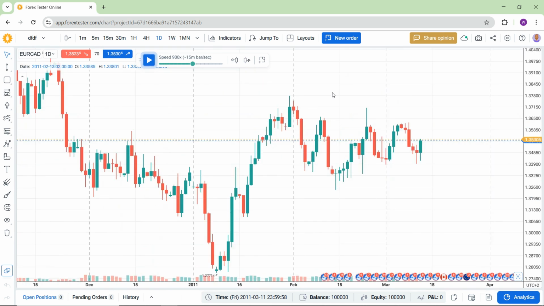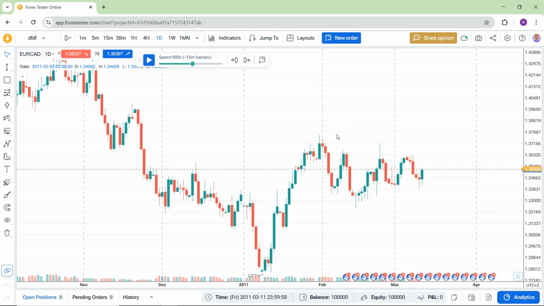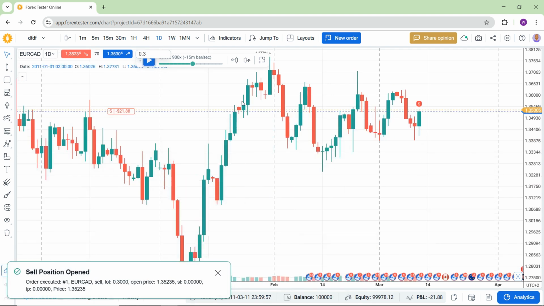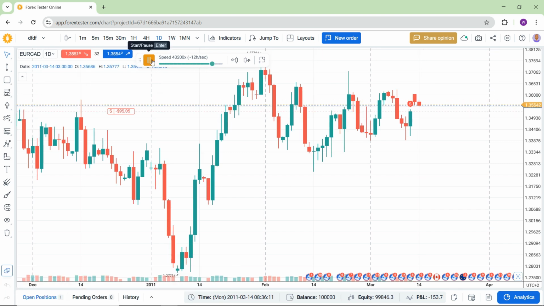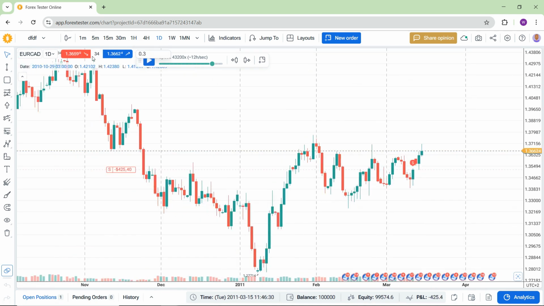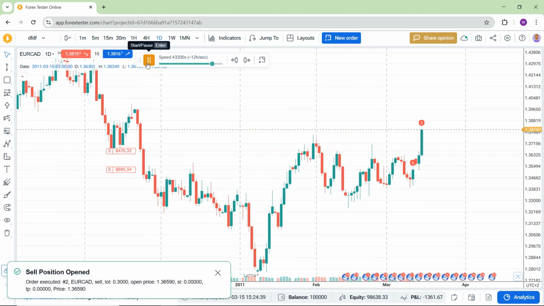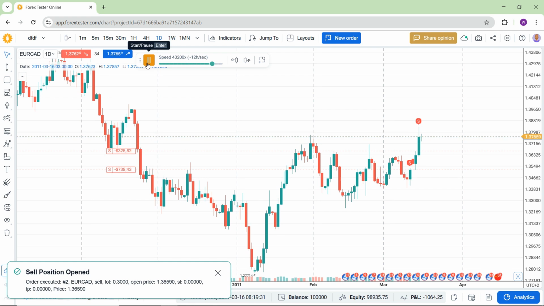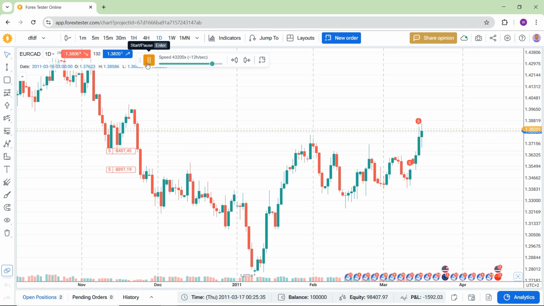So to begin with, we'll take some entries just to get some drawdown on the board. I've got 100K, I've got one asset, so I'll just go for a size that is accurate given the stage of the financial market we're looking at. So it's a short on the EuroCAD and it's going to be 4.3. Okay, so we pushed higher, I'm going to sell again. Okay, and if we keep going higher, then it will give us a good chance to look at how we